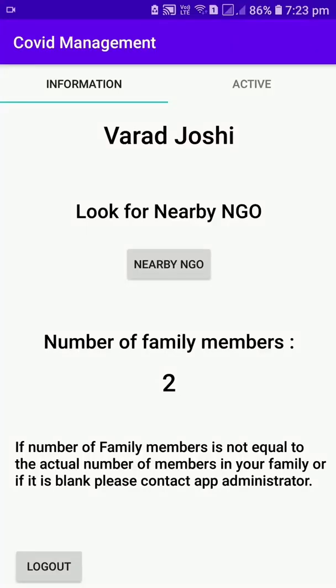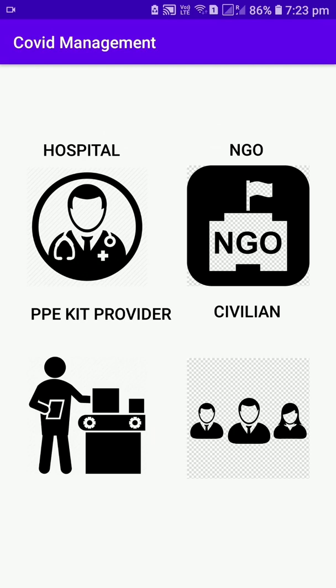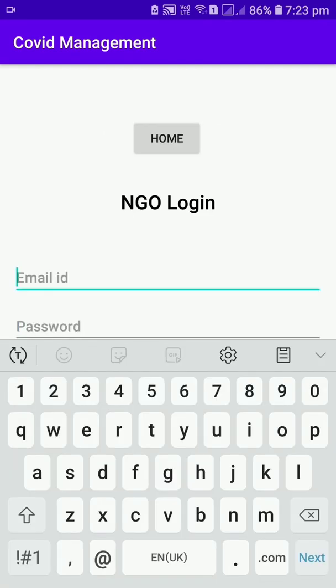Okay. So after checking the maps activity and nearby NGO, now we'll take a donation from the NGO. So let's log out from here. We'll log in as an NGO.